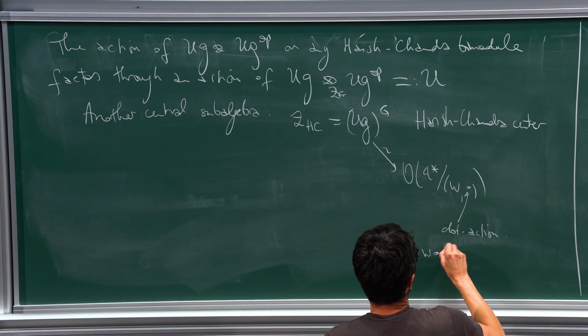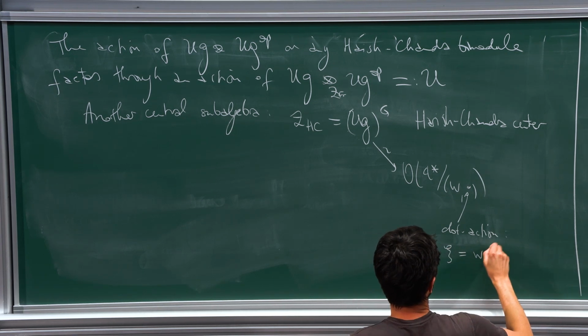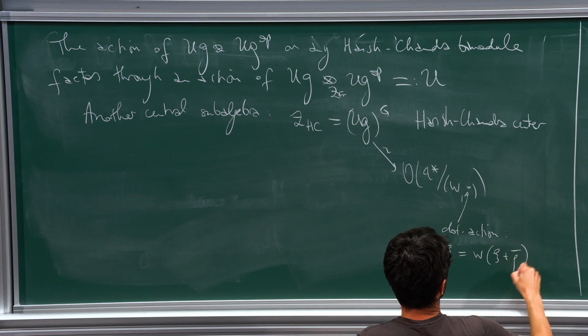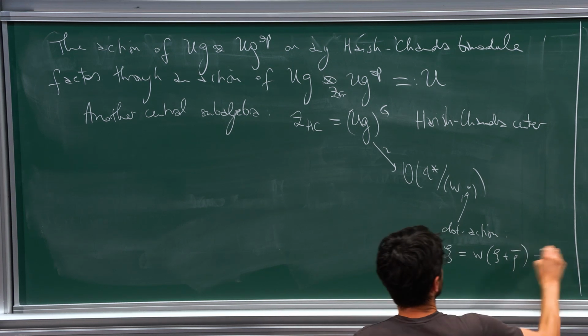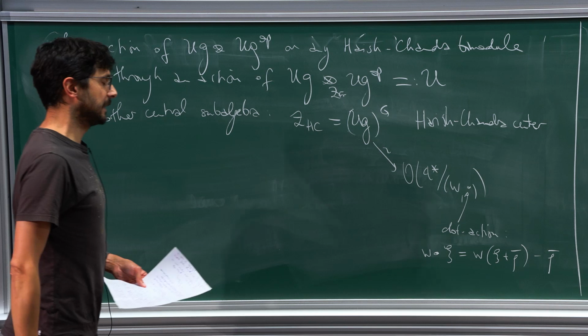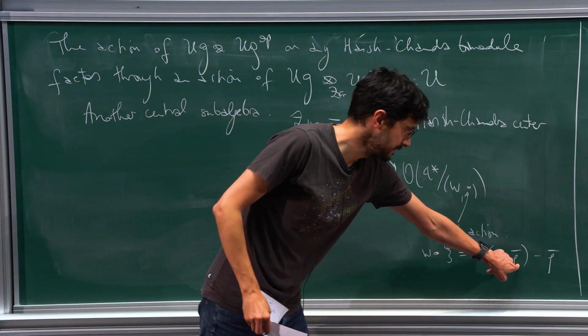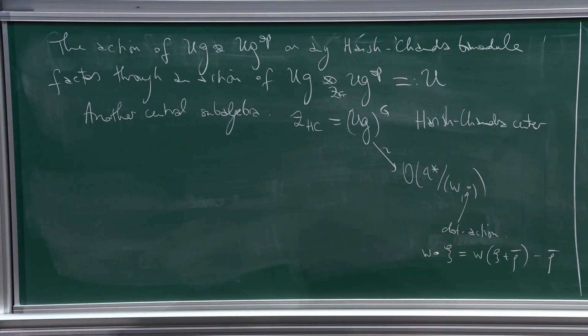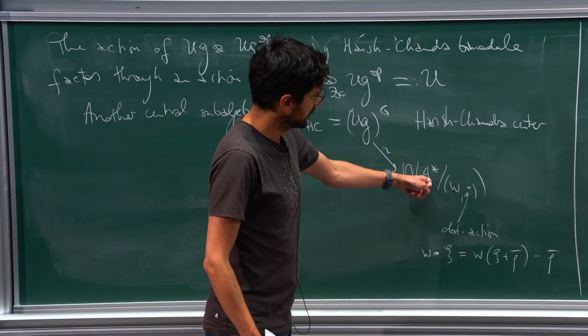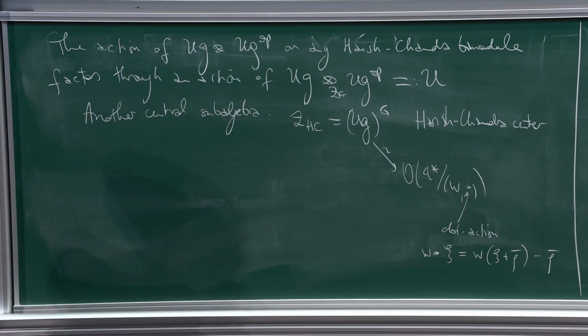W dot psi is W of psi plus rho bar minus rho bar. So if we are not in characteristic 2, this is just, so we have this rho, which is the half sum of the positive roots, which always makes sense as an